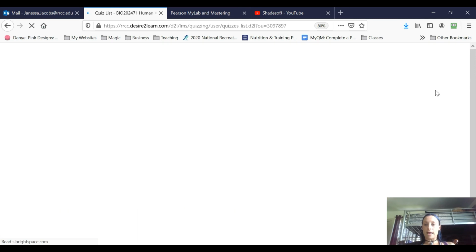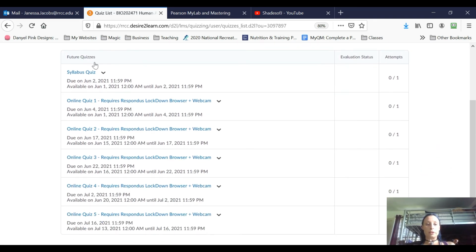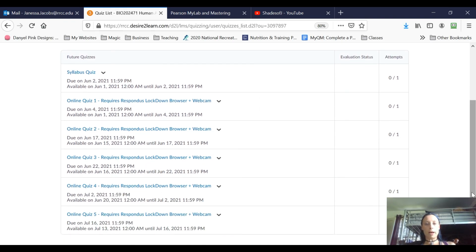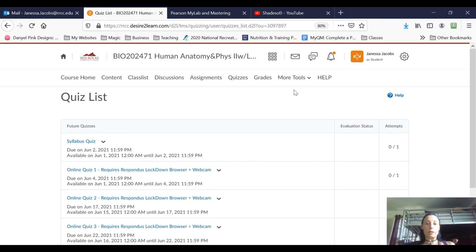Here in the quizzes tab, all you can see right now is your syllabus quiz, which is due June 2nd, so take that right away, and all of your online quizzes. They should pop up in your calendar as well, so you should be aware that those are coming, but your pop quizzes aren't shown here, and your exams aren't shown here. I'm not quite sure what format I'm going to do the exams in this semester, so they're not here yet. They might be done through Pearson. We'll see. That's another reason that you need to be paying attention to those daily announcements every day.